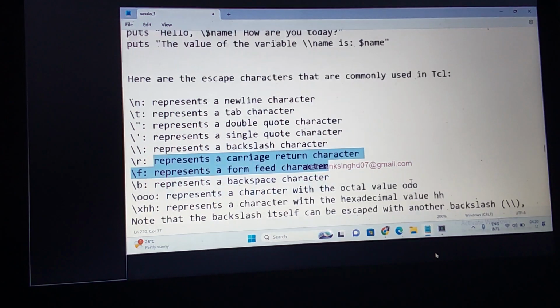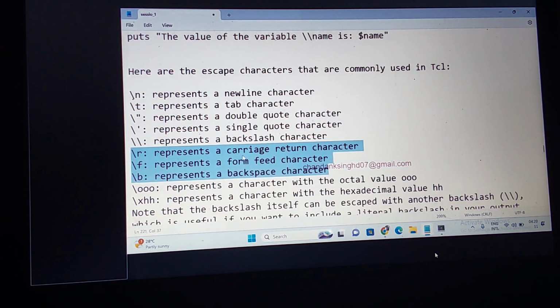So a few more I am thinking here. Other escape characters, so carriage return character. Today you can go and see what is the use of the carriage return character. That is backward slash r. And then backward slash f is nothing but form feed character. I am giving this as an assignment. This is just simple to understand. The same meaning applies in other programming languages also if you are using escape characters. So one is carriage return character, backward slash r. Backward slash f is nothing but form feed character. Okay. So backward slash b means it is going to backspace the character. Are you understanding?